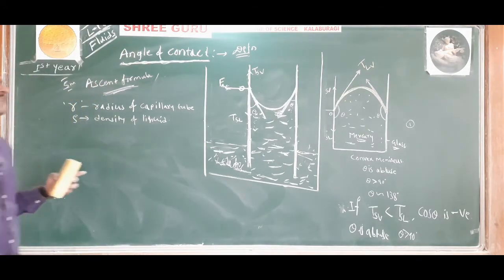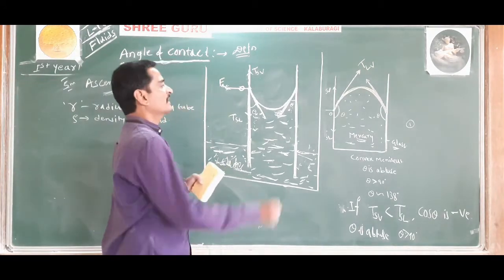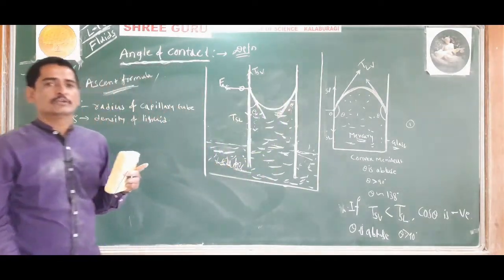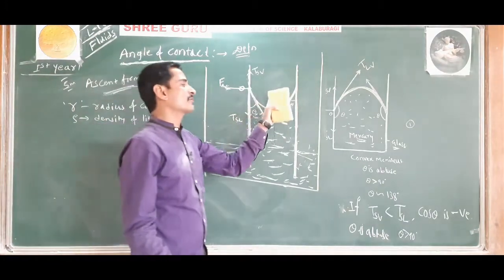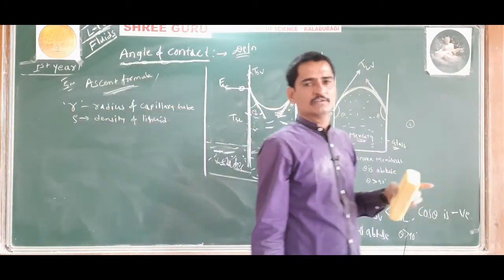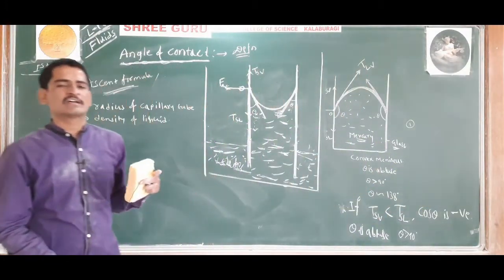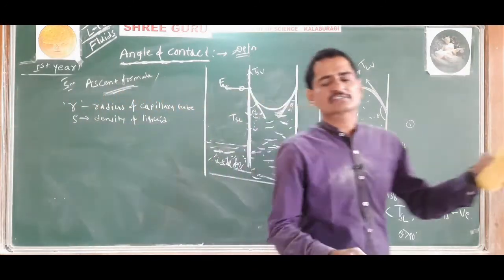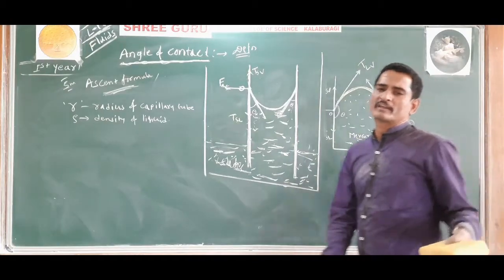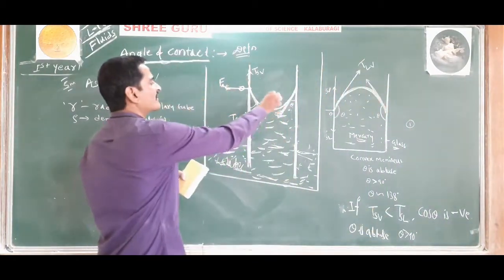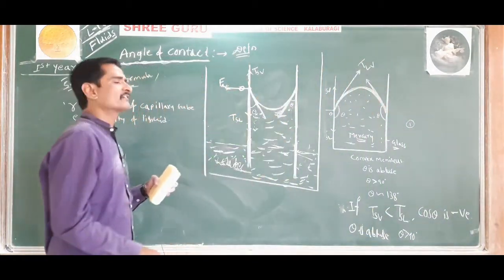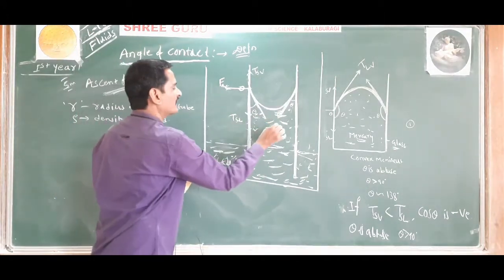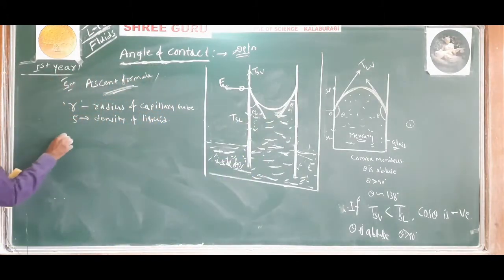So now, due to the excess of pressure, we know that towards the concave surface there will be excess of pressure. Just in the previous class, while studying the excess of pressure, we saw that excess of pressure exists towards the concave surface compared to this point. So the excess of pressure is given by